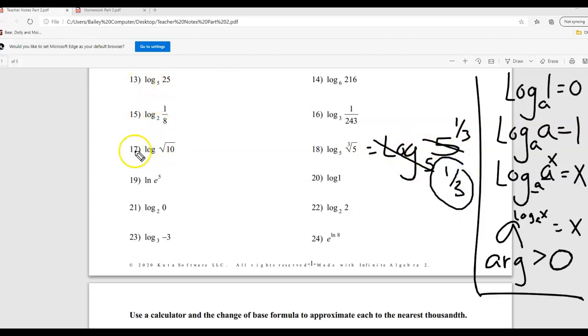Whereas over here for number 17, a square root has a 2 here, even though they don't write it. And so what this really is, is log 10 to the half. Now you guys may be noticing that something's missing here. And we talked about that back in our days of logs. This is what's called a common log when you don't have the base here. And when the base isn't written, that means the base is 10. So the bases here do match, and these just cross off, and I'm left with